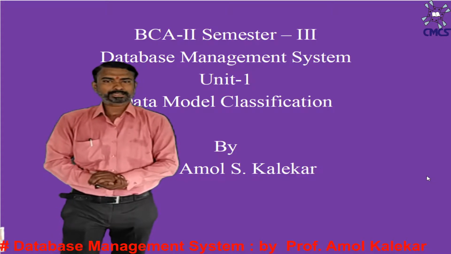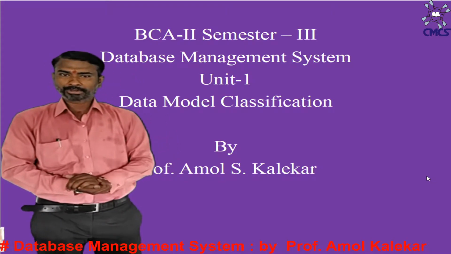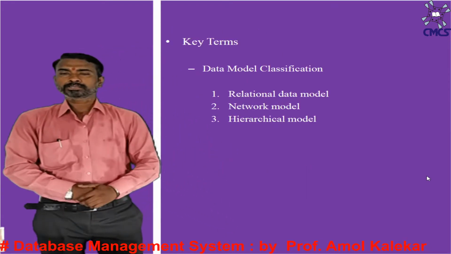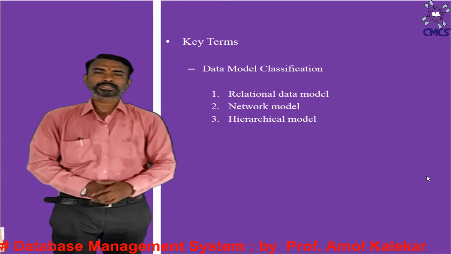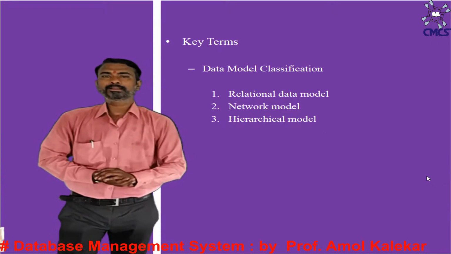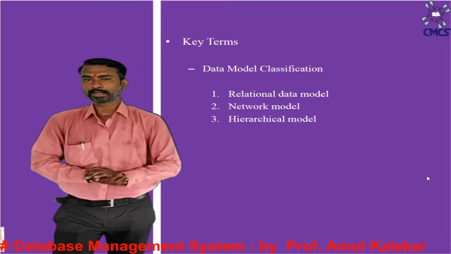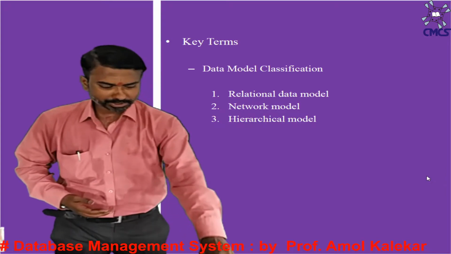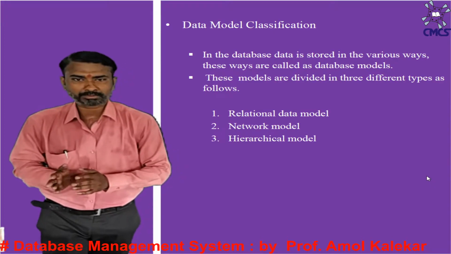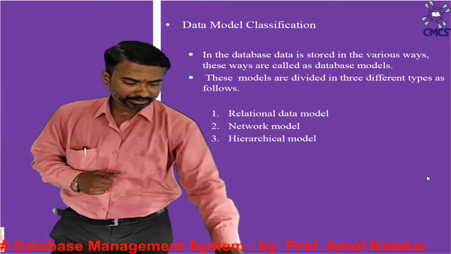The last topic of unit number 1 of database management system. The key terms that we are supposed to discuss are: first one is the relational data model, second one is the network data model, and third one is the hierarchical data model. So let's start our discussion with the first data model of the data model classification, that is the relational data